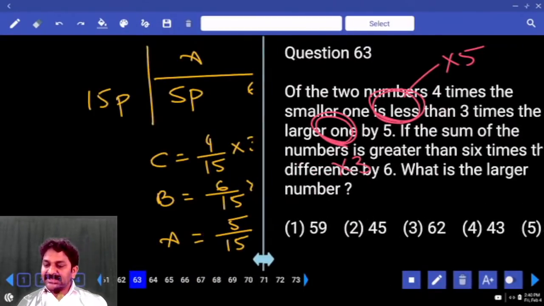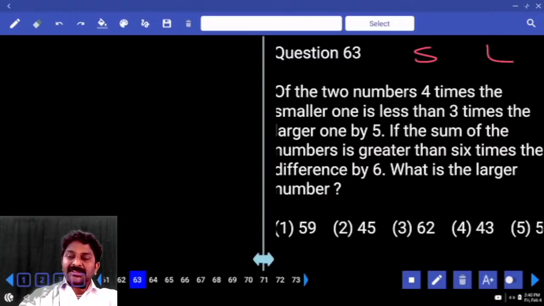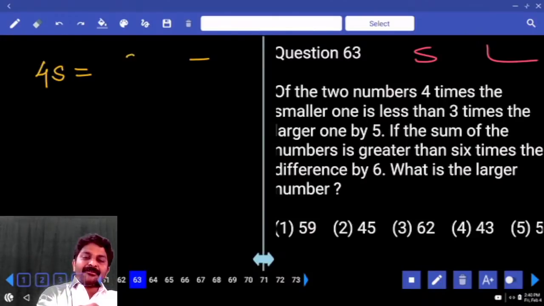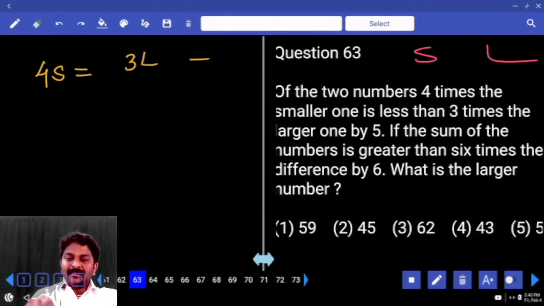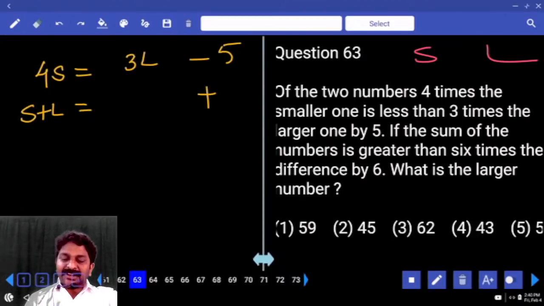Of the two numbers, 4 times the smaller one is less than 3 times the larger one by 5. So we have two numbers, a smaller number and a larger number. 4 times the smaller number is equal to 3 times the larger number minus 5. If the sum of the numbers, small number and large number, is greater than 6 times the difference,